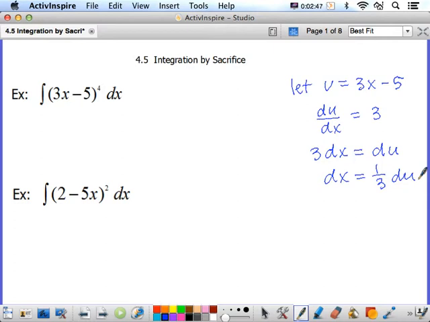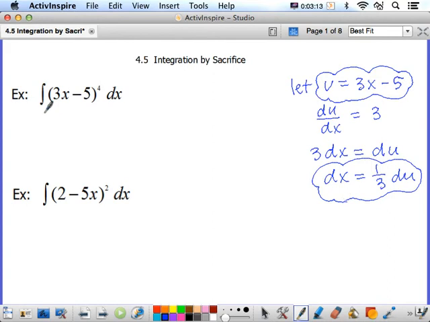So here's what we've done so far. We have taken our binomial that's causing the trouble, the parentheses to the power. We have substituted u for it. We just made that up. Then we also have to substitute something for the dx. So we took the derivative of our substitution here, and we said du dx equals 3, and we solved it for dx. So what we're going to do now is come back over to this problem,